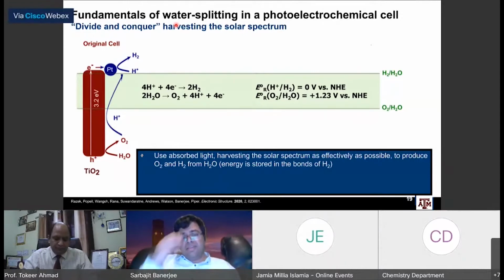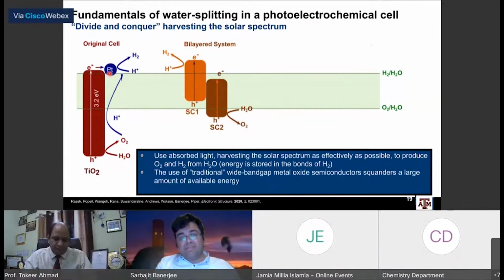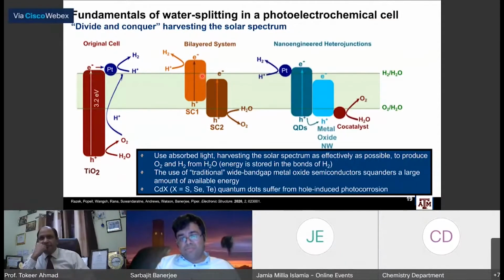So, okay, let's get down to this. So we've got to catalyze this water splitting reaction. This is the fundamental work by Honda and Fujishima, where they took TiO2 and they linked it with platinum, and they were able to get this reaction to happen. A lot of conventional systems will invoke 2 semiconductors to separate electrons and holes. I'm going to focus most of the rest of my talk thinking about these nano-engineered heterojunctions and really thinking about